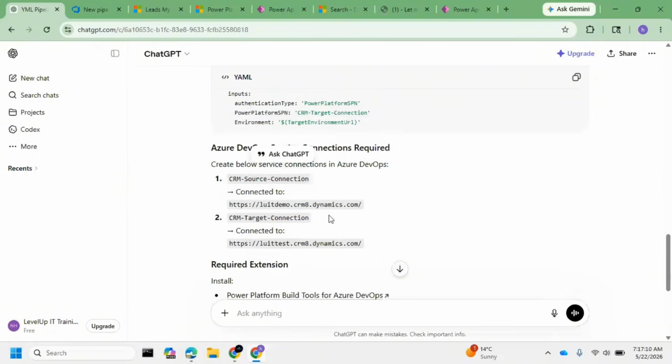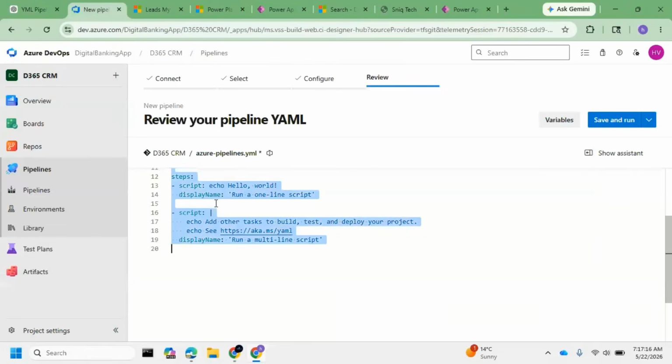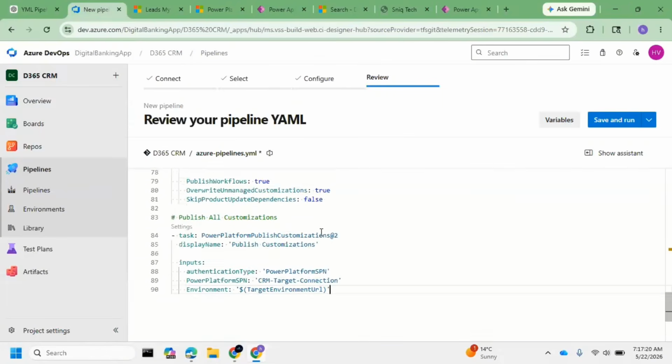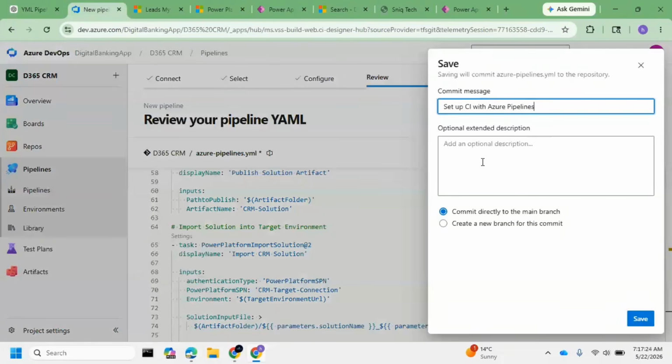So just copy this entire YAML script and put it here. Just replace it. This is not only for CRM deployment. If you want to deploy any .NET application, then also you can use the same thing. Okay. Now